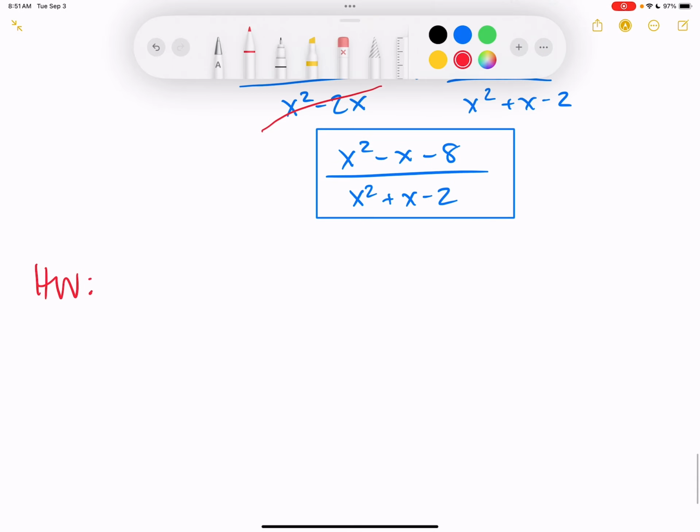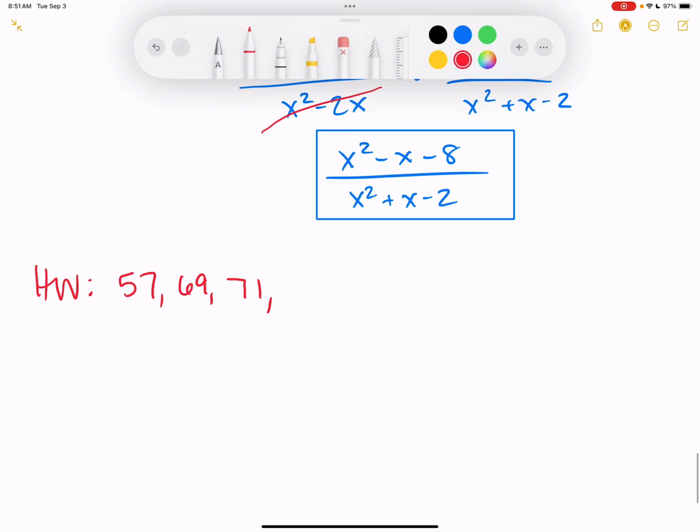I'm adding 57, 69, 71, 75, 81, and 83. So there's like 26 minutes or something left. I think you'll be able to get through most of it today, but